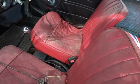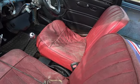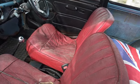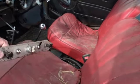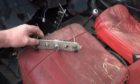Yeah, they are tatty, but these Mark 1 seats, they sort of have a certain vapour about them. You know, when you open the door, you get that sort of sweet smell about them, I've noticed. So I quite like it. I purchased this off eBay, which is off a Mark 1 Mark 2 Mini, but it